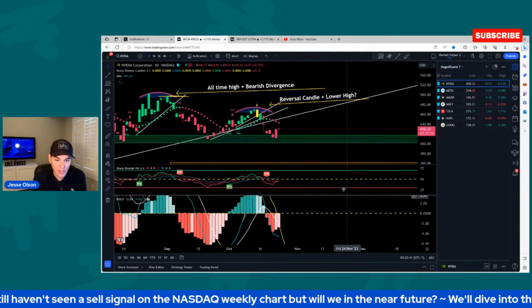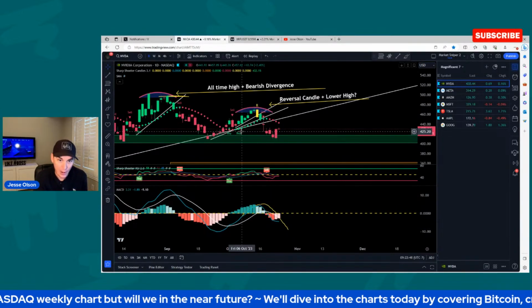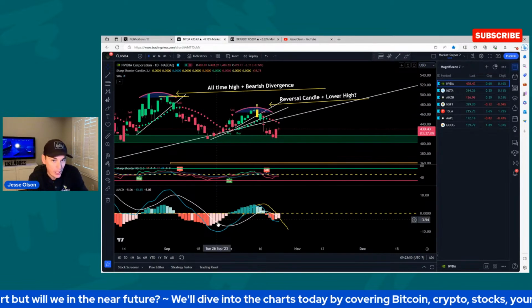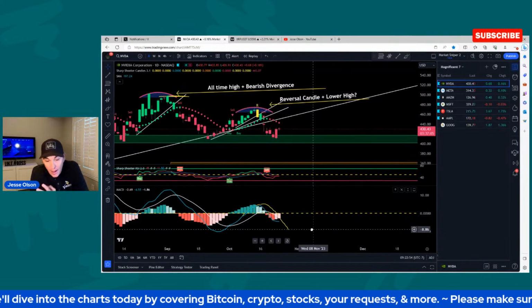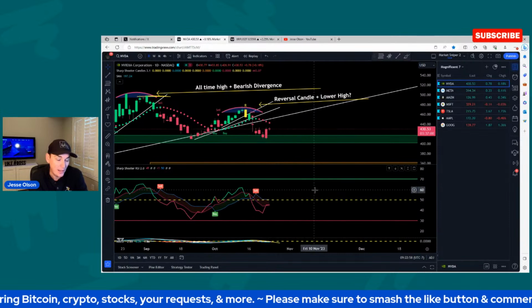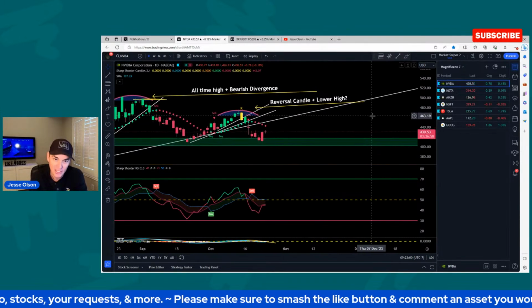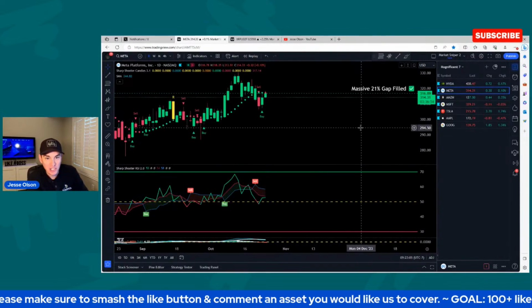That's one of the things we talked about when we mapped it out, way back here, when it could potentially put in a lower high. Will we see the MACD roll over like this and go back down? That's the way it's playing out. It doesn't always play out exactly, but sometimes it plays out eerily similar. So not much has changed there.